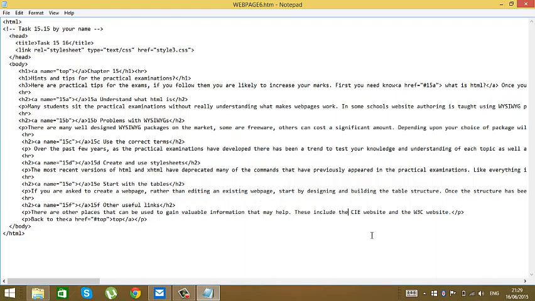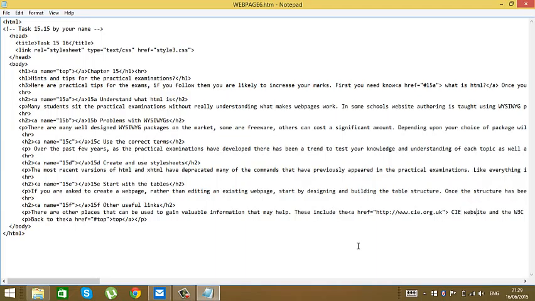After it we put the reference href equals http www.cie.org.uk, close.